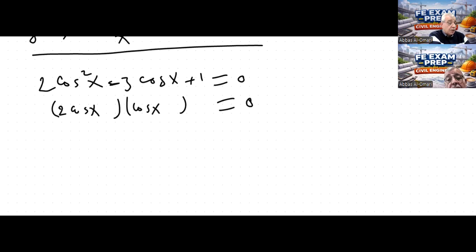Since the term in the middle is negative, this should be negative. Now, to make sure that our analysis is correct, we multiply